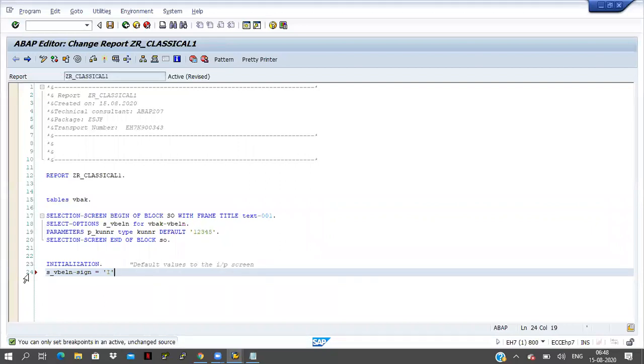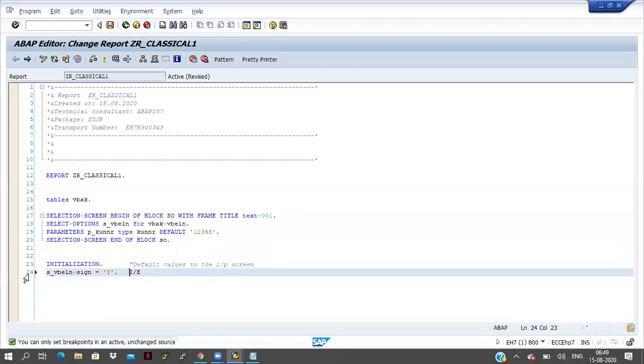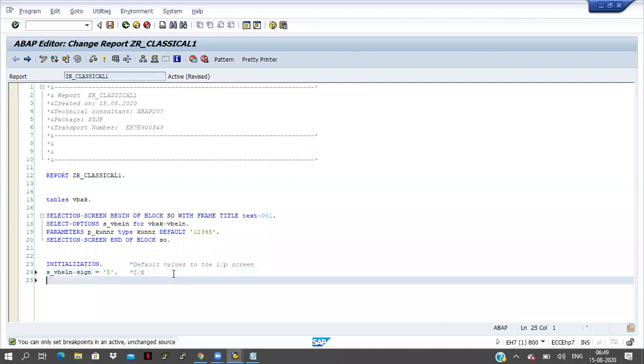This is the include. Here only these two are possible, include or exclude. And S_VBELN-option equal to.